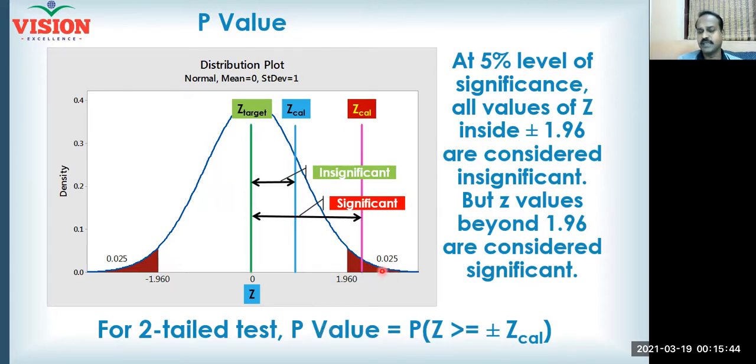So I will consider the observed event as significant whenever the p-value goes less than 0.05. That happens only when the z value falls in the red area. Suppose the observed z value is found to be somewhere before 1.96. Even though there is a gap between the observation and the target, this will be considered insignificant, because when you calculate the p-value using the same logic, it will certainly be more than 5%. So we will not be able to reject our null.